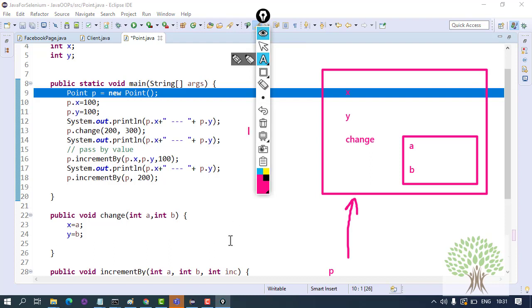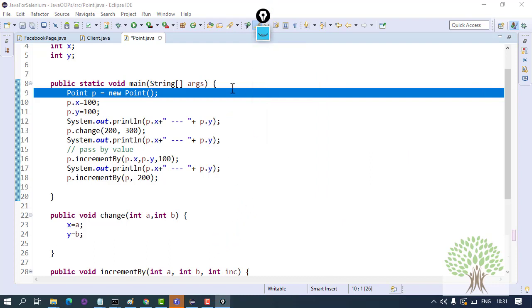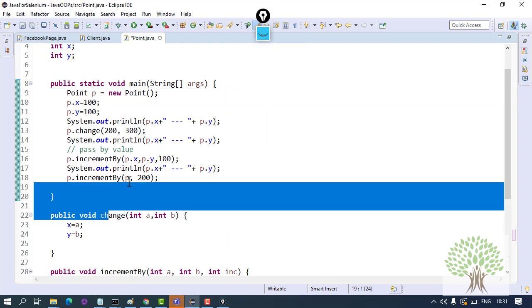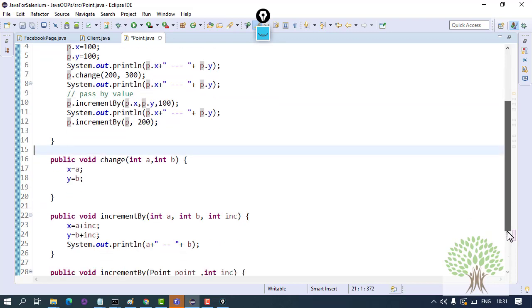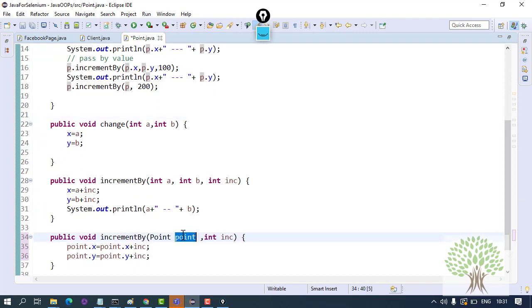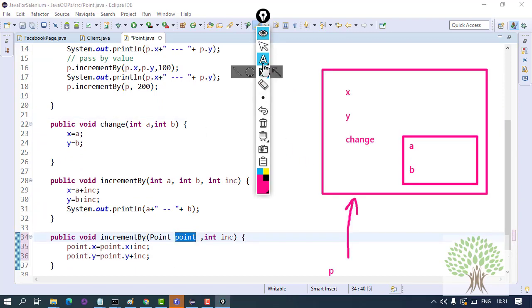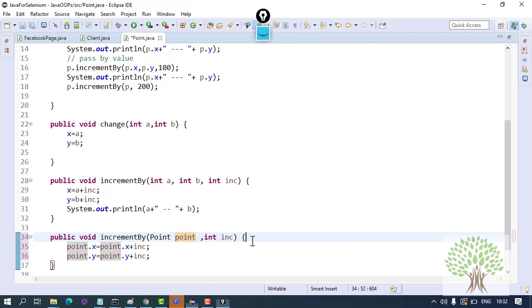Okay, now when you pass the reference into the function, you are saying that for this object a new reference is being made and the name of that reference will be point. With that reference you can change the values of x and y. This is pass by reference.